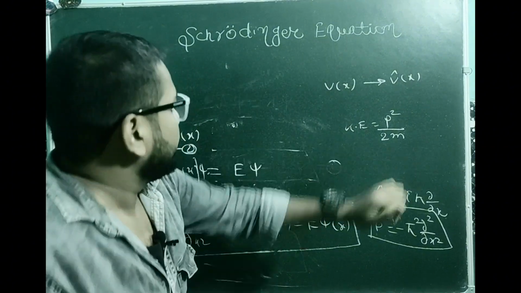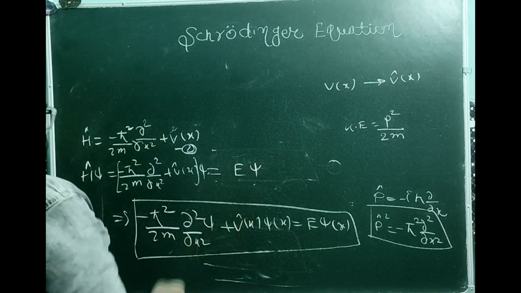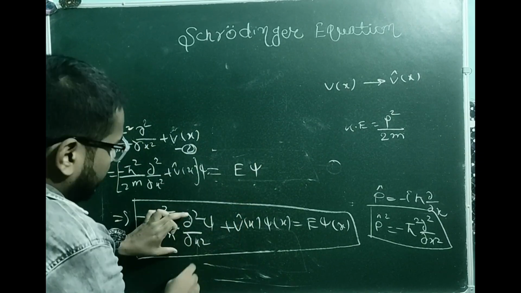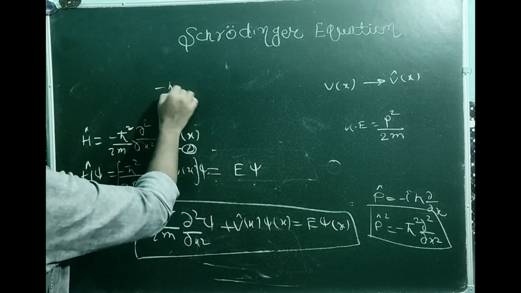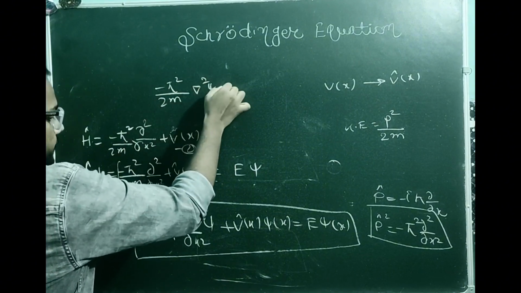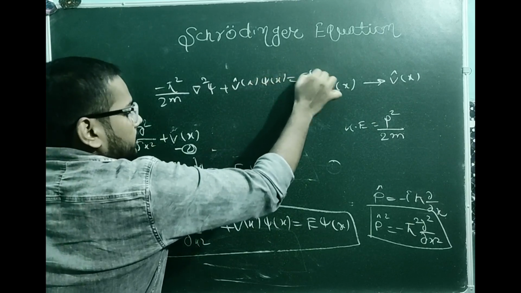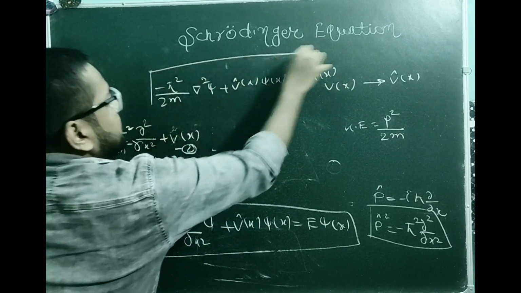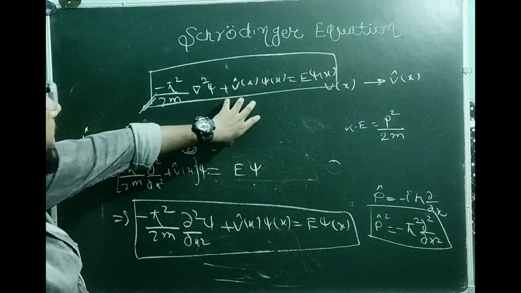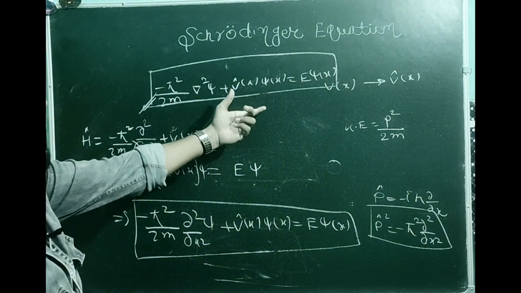वो कैसे देखो, उसके लिए कुछ नहीं चाहिए, बस ये चेंज हो जाएगा मेरा। पार्शियल डेरिवेटिव की जगह लाप्लासियन ऑपरेटर आ जाएगा, जो कि माइनस h का स्क्वायर अपॉन 2m del स्क्वायर प्लस v of x into psi of x equal to E psi of x। तो ये थ्री डायमेंशन श्रोडिंगर इक्वेशन आ गया, श्रोडिंगर इक्वेशन फॉर टाइम इंडिपेंडेंट इन वन और थ्री डायमेंशन।